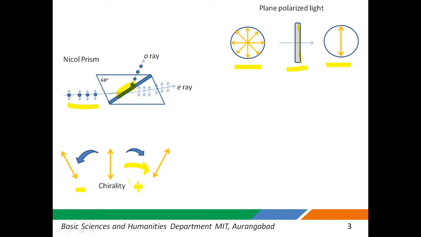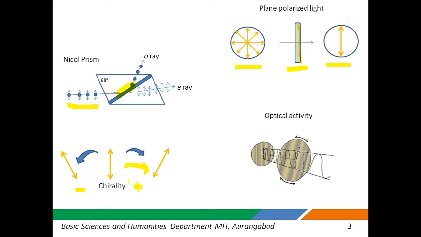The last term that we need for understanding of the Lorentz-Hasschadt polarimeter is optical activity. So I tried to put this animation to understand the optical activity in a better way. What we mean by optical activity is when a plane polarized light is allowed to pass through a substance having chiral molecules, the plane of polarization of the light emerging from the substance is not the same as that of the incident light. It has been rotated through a certain angle.